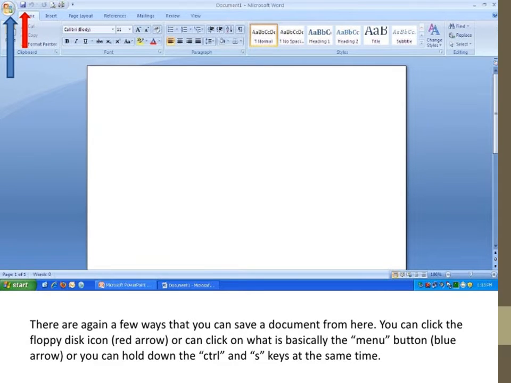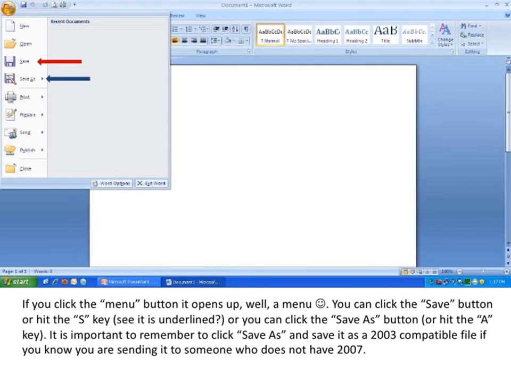When you want to save the Word document, just click on the menu bar. You can see the blue arrow. The blue arrow shows that you can open the menu bar from here, but if you don't want to open the menu bar, you can save by shortcut keys: click Ctrl plus S. These two methods are used to save the document. When you click the menu bar button, then the window opens where there is new, open, save. Then if you want to save the document, just click the button save as.